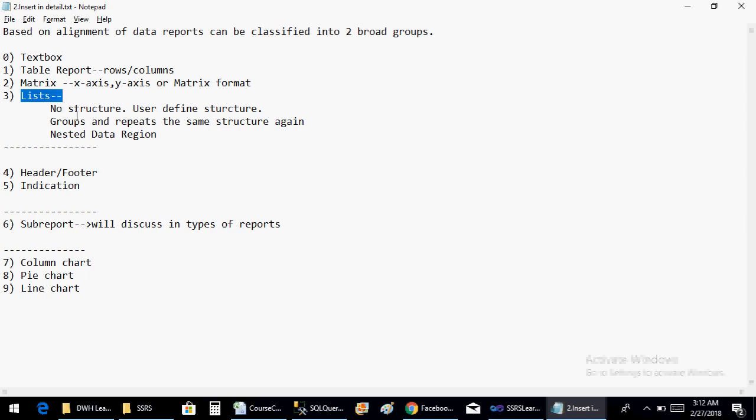And coming to the list is something which is unstructured. So there will be no structure. It will be an empty space area where you can create whatever type of structure you want. So the first thing what usually people do is you have invoice format. So invoice format type of reports are being created in list, and besides that we have